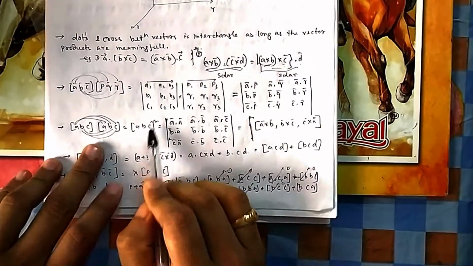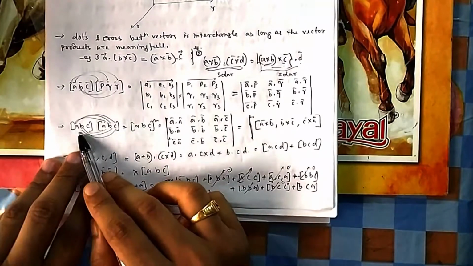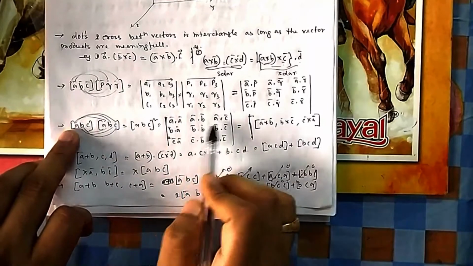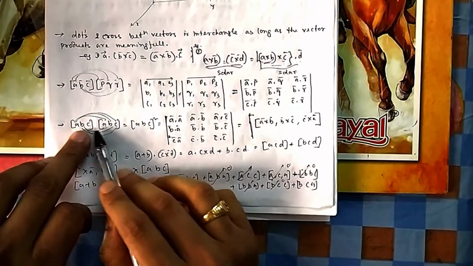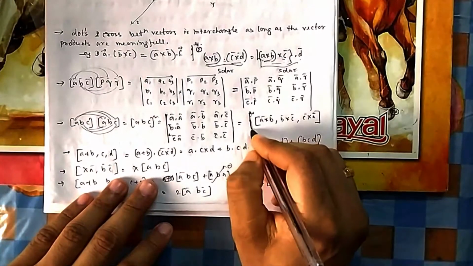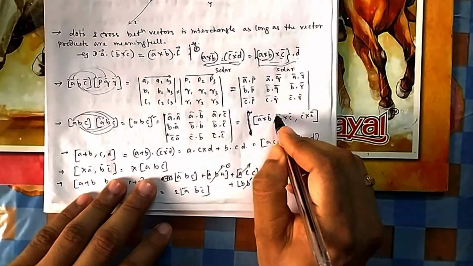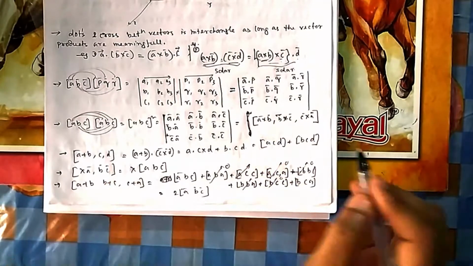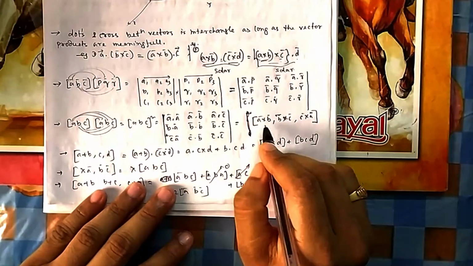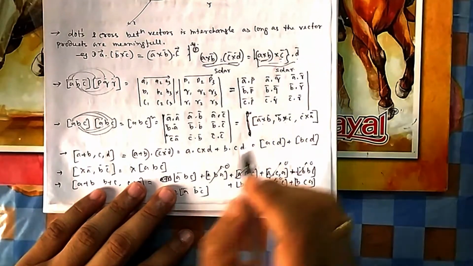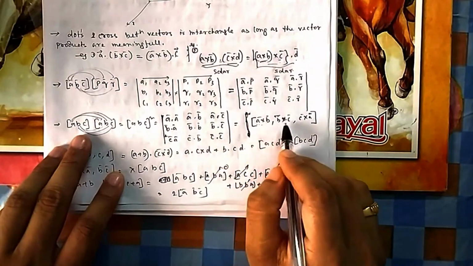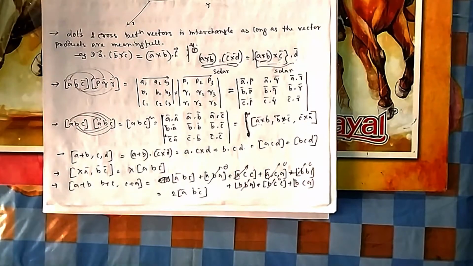If it is the ABC whole square box, then you can do it in the same way. The mod product of ABC is A dot A, A dot B, A dot C, then B dot A, B dot B, B dot C, then C dot A, C dot B, C dot C. So you can remember it this way. This can also be proved. I am not going to prove it, but if you expand, it will be proved. It is nothing but box ABC, box A cross B, B cross C, and C cross A. So the order you have to remember is ABC, and you have to maintain that order.